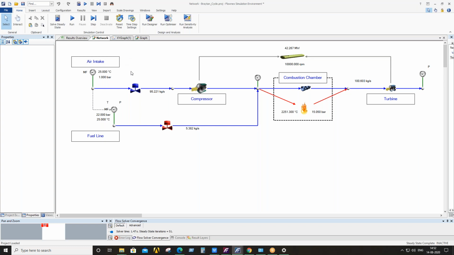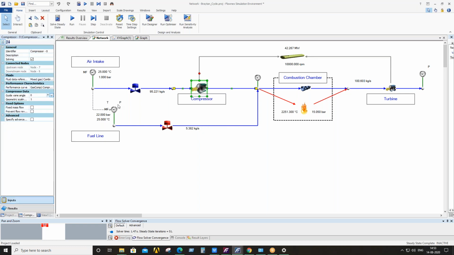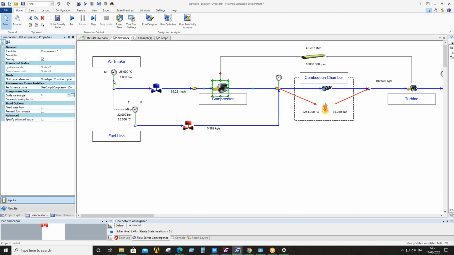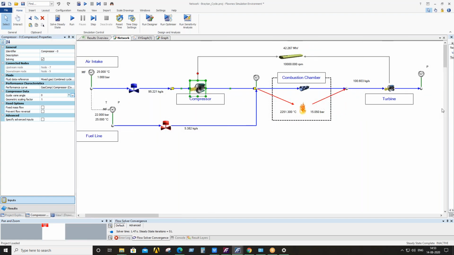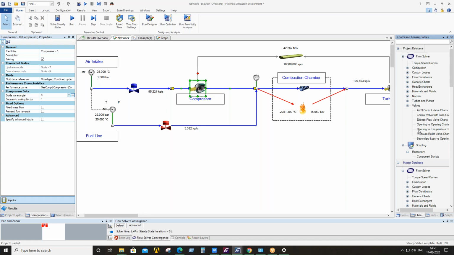So here is the representation of the Brayton cycle, which operates in open cycle mode. So it is not connected back and does not complete the loop. It's only open in the open cycle. So for this Brayton cycle, for the compression process, we use a compressor, and this compressor will take intake air from our atmosphere and compress it to a certain pressure limit, and that pressure will be maintained in the combustion chamber. And for this compression process, we use this compressor, and we use